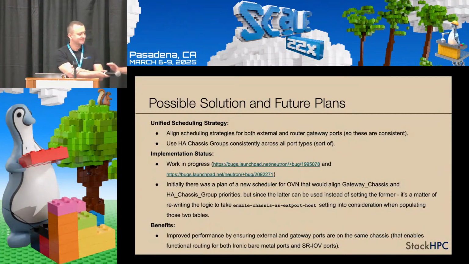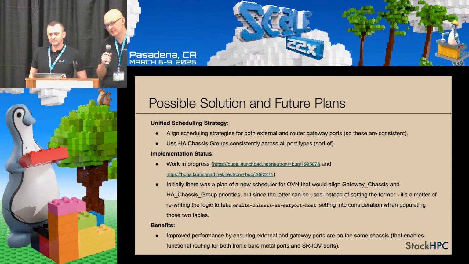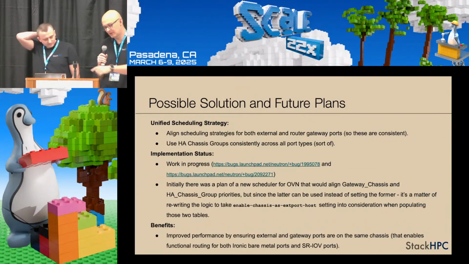Document as in, you're asking if it only needs documenting how it works today? Is it a documentation issue, or is it actually that these things can be scheduled separately today? So basically, those can be scheduled separately today, but you won't have the L3 routing capability for your bare metals, for example, right? Yeah, with the introduction of enable chassis as external host,